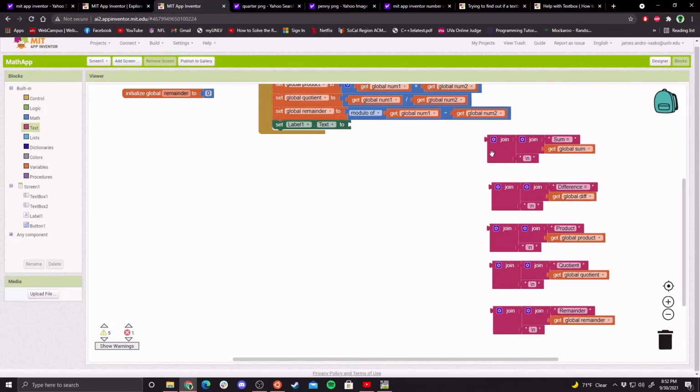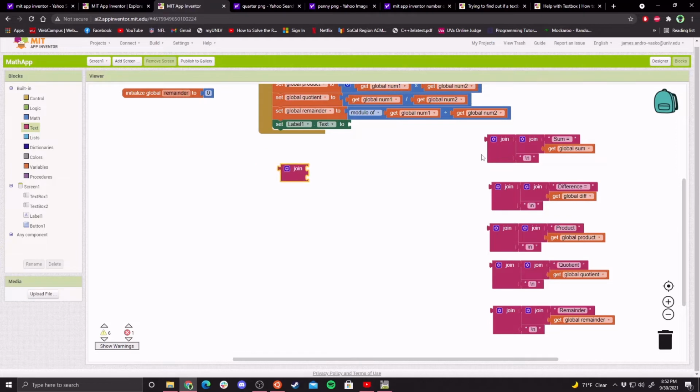So each one of these outputs "sum equals" and a number, new line, "difference equals," outputs the actual number stored in difference, new line. So we're just simply outputting the numbers computed. And we're going to have a little message we're going to output along with them. So output a message and then the actual number, then a new line. Now we have to tack all of these together. So here's where it gets really,